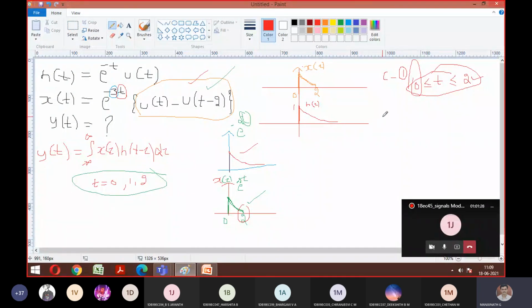Similarly, case number 2: can I consider greater than 2 also? Yes, sir. Why? Because one signal is infinity. So we can choose the second case as t greater than 2 also. This is how you need to analyze the cases. If you understood this much, then the remaining problem you will solve on your own. Not an issue. I hope everyone got how the cases are to be considered.